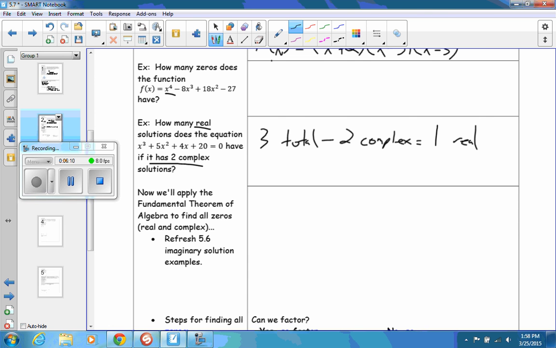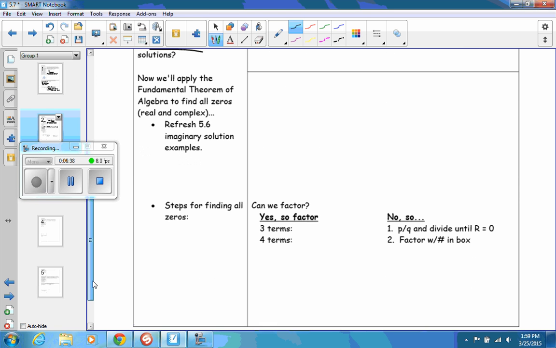So why do you do that? Why do you do what? Like why if it's complex? What's a complex number? Okay. A number that goes on for a really long time. Try again. So how many real solutions, so real meaning it doesn't contain what? It doesn't contain I, doesn't contain imaginary, so what do you think complex has? I, imaginary. So if I'm going to apply the fundamental theorem of algebra to find all zeros, alright, go back